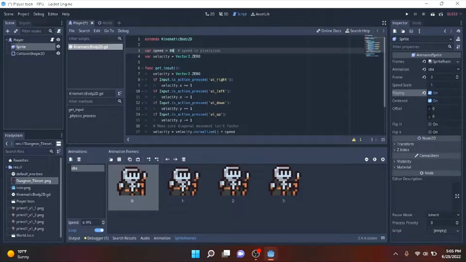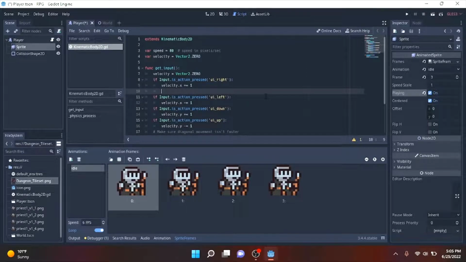And then go to the script. If you want sprite flip, then you do $, sprite, and whatever. It doesn't necessarily have to be sprite. It's whatever you named this child under the player. So I named it sprite. So then you put sprite dot flip